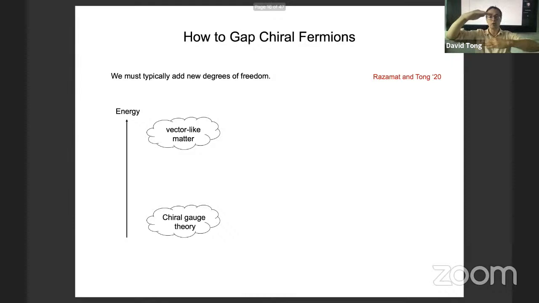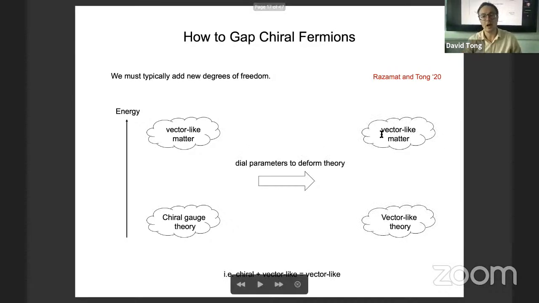So this means that I can always go to a limit where this extra stuff just becomes arbitrarily heavy, just decouples from my story, leaving the chiral gauge theory. But what I want to do now is deform the parameters of the theory so that this extra vector-like stuff becomes light, interacts with the chiral gauge theory, the upshot being that everything becomes massive, but the symmetry group G is unbroken. And again, you can think of G as global or gauged. It really doesn't matter for this story. So that's the goal,